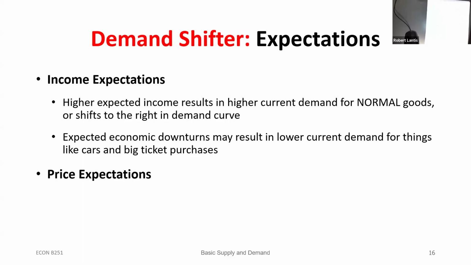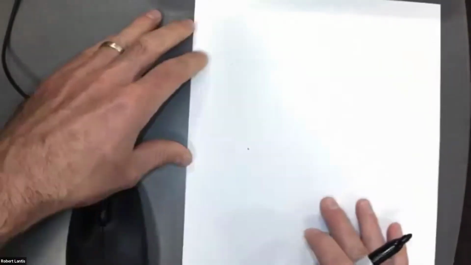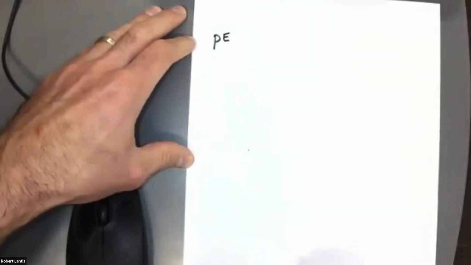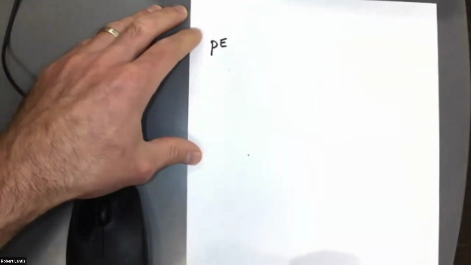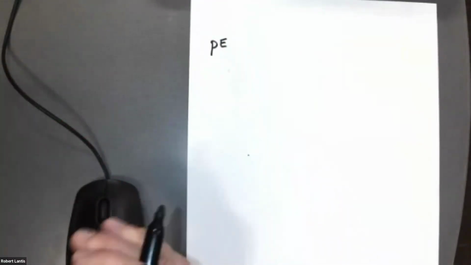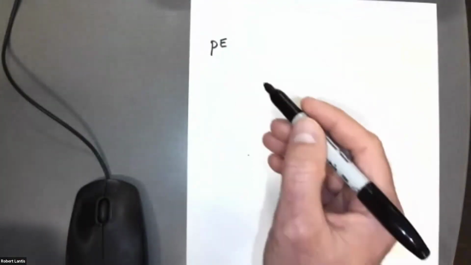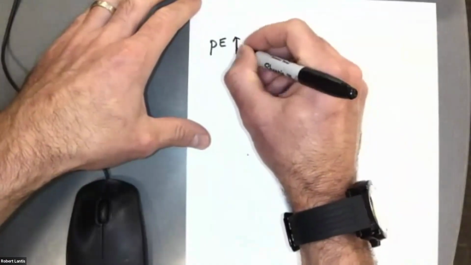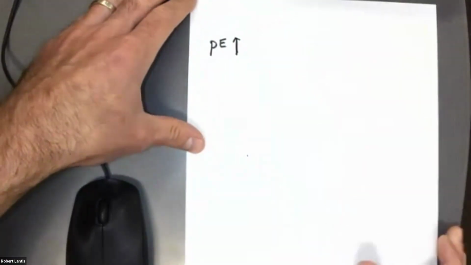Okay. Now, price expectations are a little bit different. So I'll shorthand this because I always think seeing things shorthanded makes a little bit more sense. So let's say I have price expectations. It's not a change in the current price of the good. A change in the current price of the good will just move me to a different point on the demand curve. But if I expect that prices are going to go up,